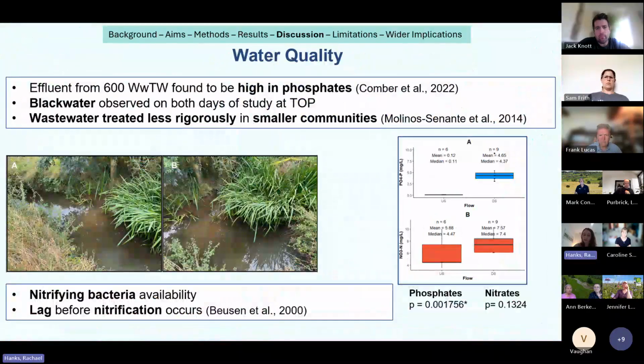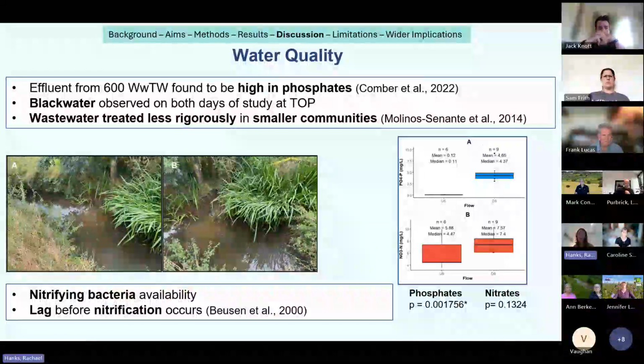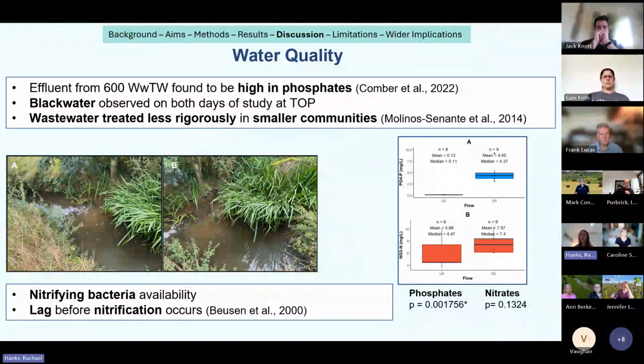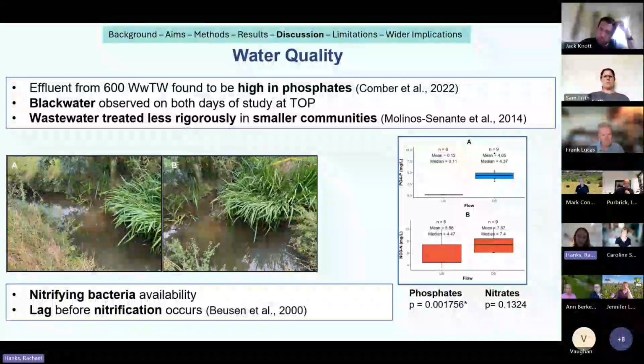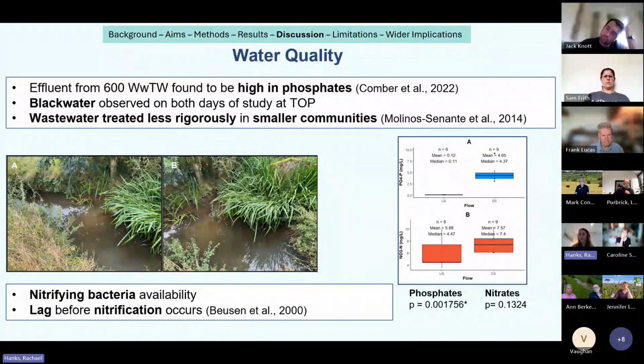So with my results from my samples, we know that effluent from wastewater treatment works can be high in phosphates. And even though this was from the treated effluent pipe, I've got some pictures here that I took in the field with the pipe just behind this reed growing out. But there was black water actively discharging from the pipe, which can be seen down to the bottom, which is probably why the phosphates were so elevated. It had been reported to the Environment Agency.